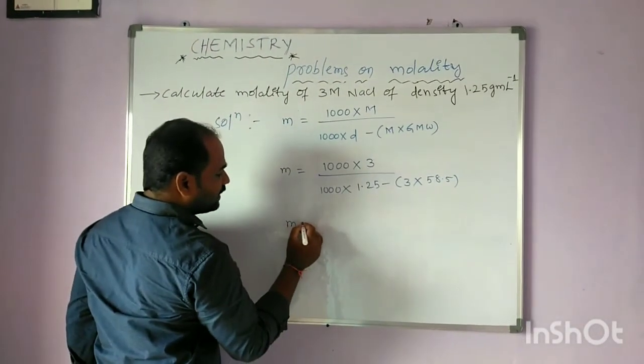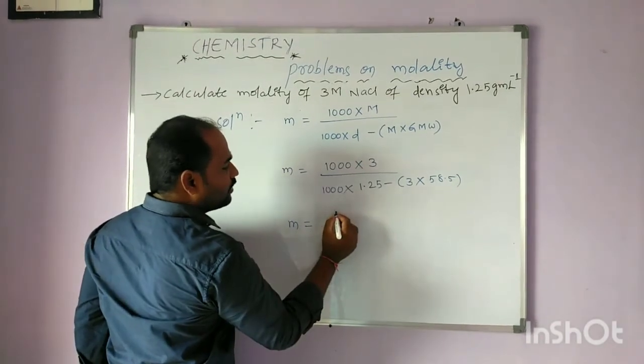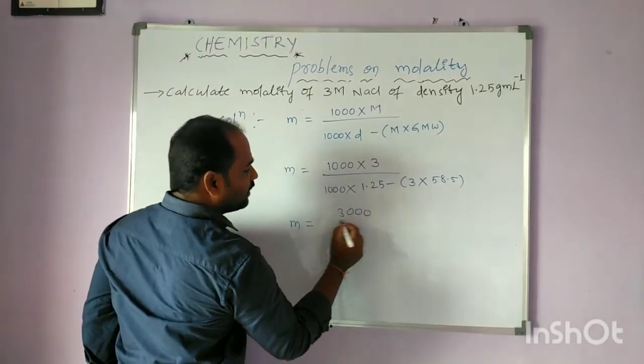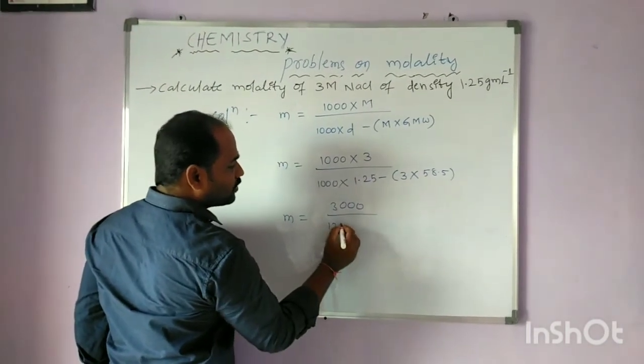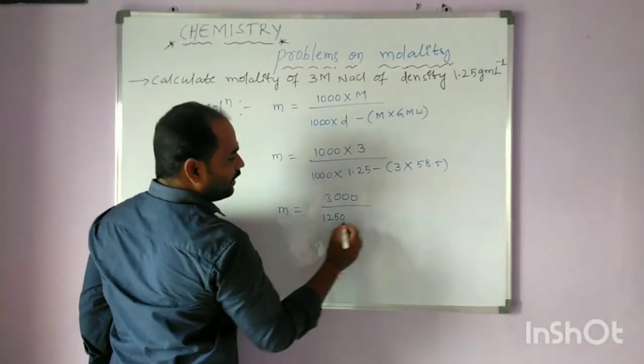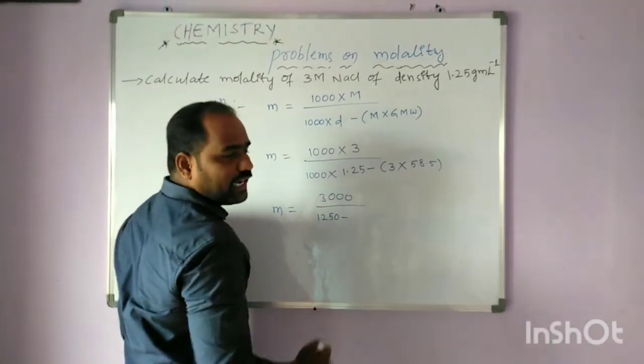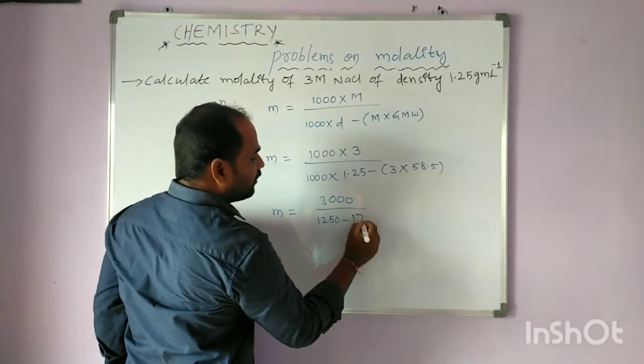Then molality is equal to 1000 into 3 becomes 3000 by 1000 into 1.25 becomes 1250 minus 3 into 58.5 becomes